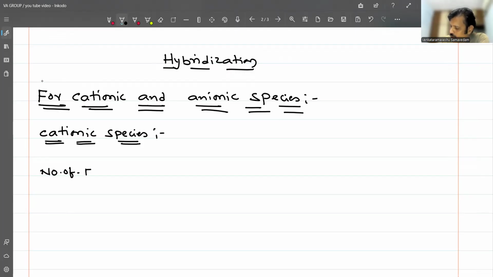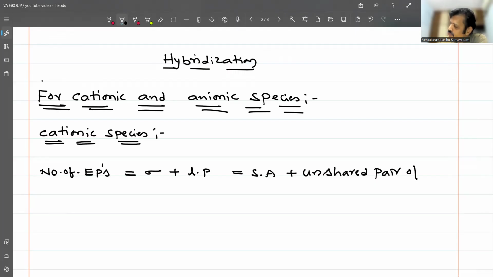Number of electron pairs. Already discussed, the number of electron pairs is nothing but sigma bonds plus lone pairs only. Why? Because hybrid orbitals can produce sigma bonds. So we have to know your surrounding atoms plus lone pairs. Lone pair is nothing but an unshared pair of electrons. Right? So if I take a cation,